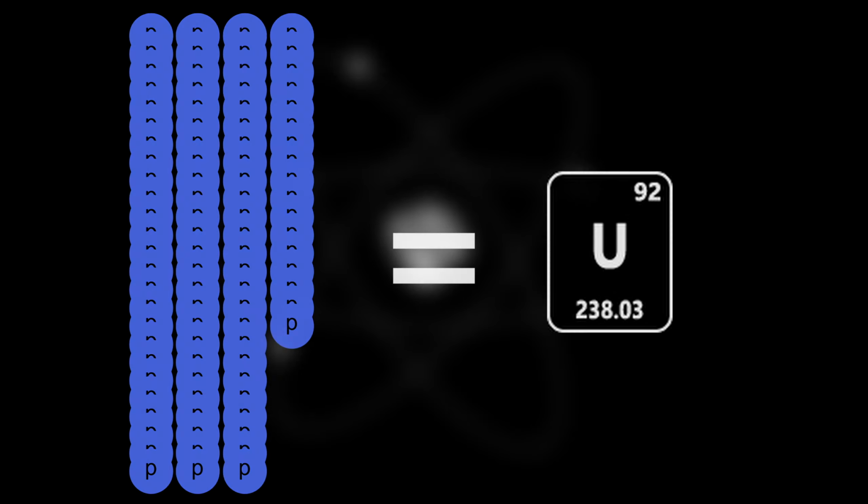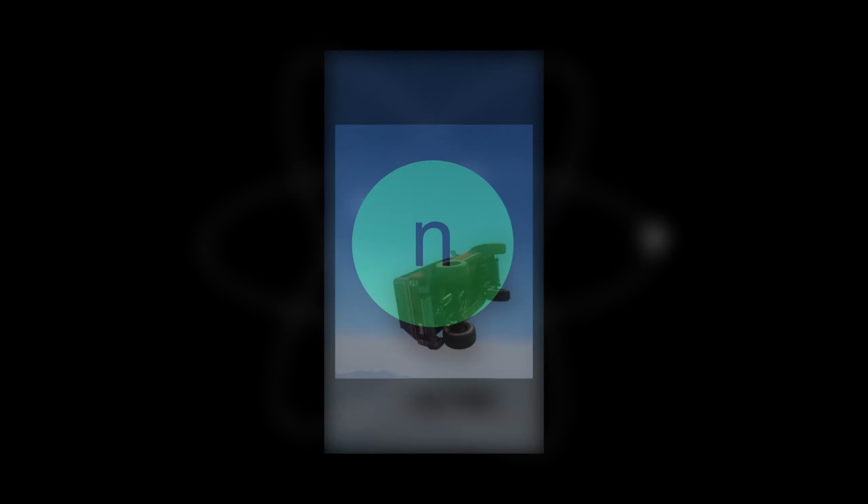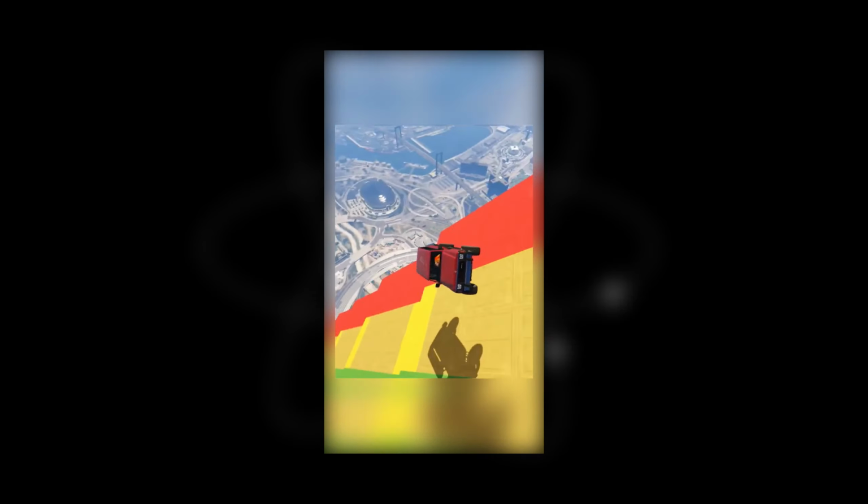The amount of protons determines what element the atom is. For example, 1 proton makes the atom hydrogen, where 92 would make it uranium. Neutrons determine the atom's atomic mass and isotope, which do not affect which element the atom is, but does change